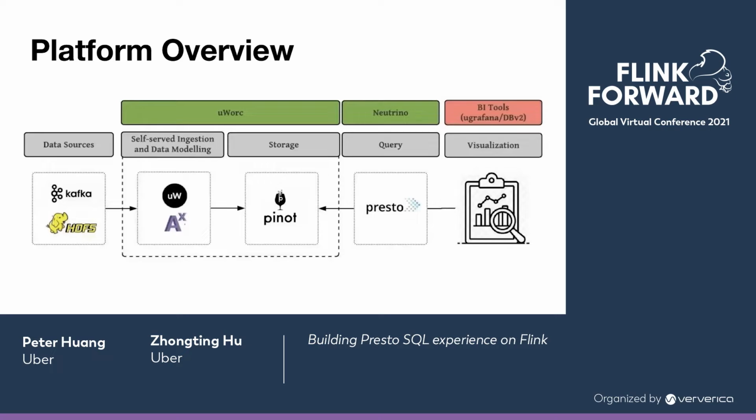This is the platform overview of our analytics org. As you can see, data first goes into Kafka, and then is queried by AthenaX and written to the P-node. Presto, which is Neutrino, leverages the Presto query to query data from P-nodes and further feeds into